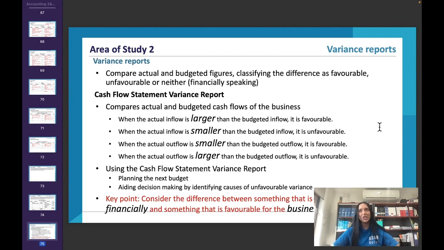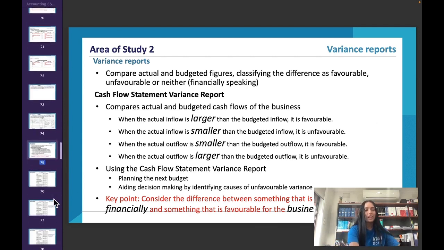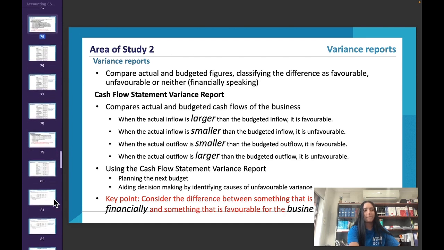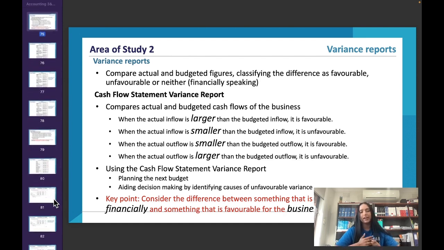However, thinking of it from a non-financial standpoint, more advertising is actually good for the business because the more ads you have out there, the more potential customers you're bringing in. And so maybe paying more for advertising means that we have higher sales for that period. But obviously, we only look at variance reports from a financial standpoint, so we don't think about non-financial information.